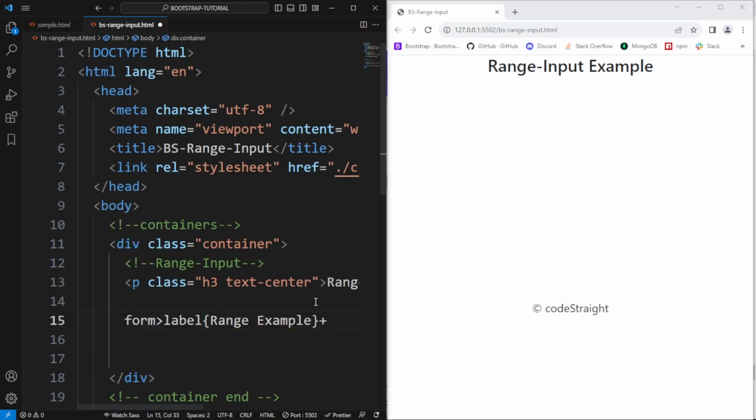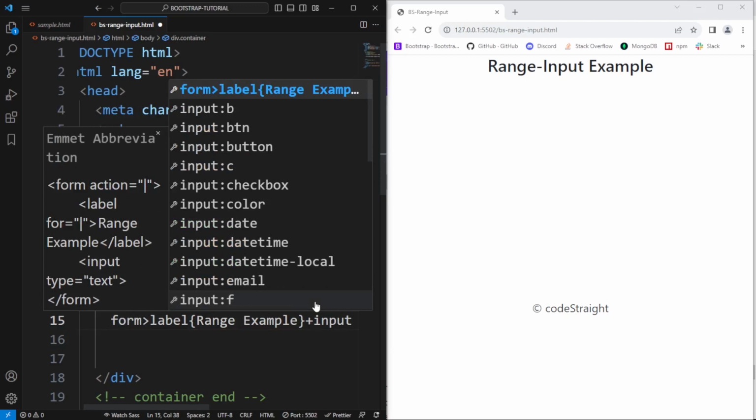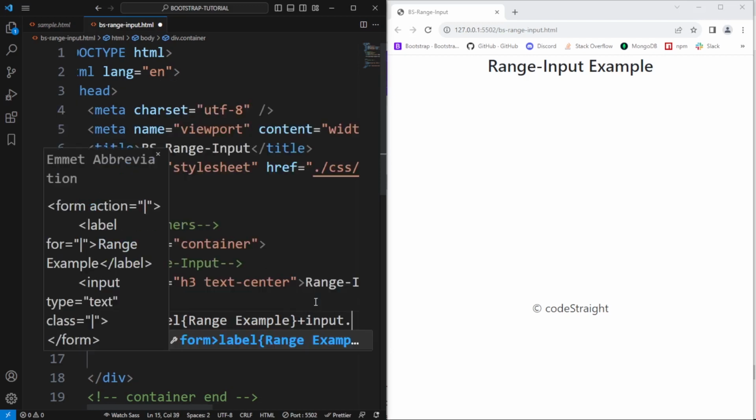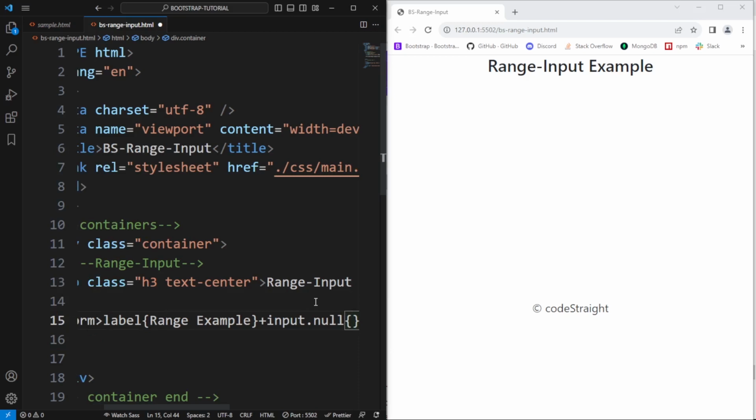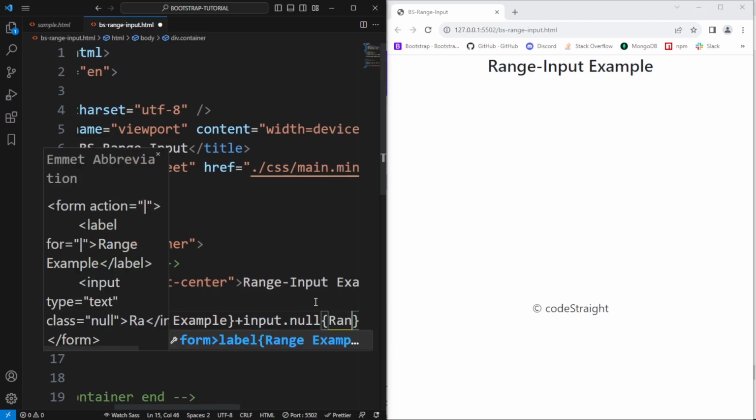And at the same level I'm gonna add an input here with let's add some null class as well, and let's add some content with a label. Say the content would be range input,